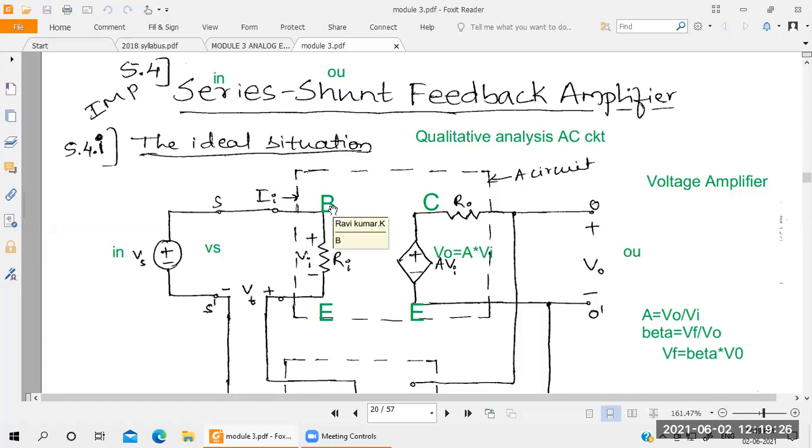Okay, what is the collector here? Output. That's why I drew it on the output side. Then what is the emitter here? It's the ground connection. That's why I drew it at the bottom. Okay, this one is the ground connection. Wherever E is there, that is the emitter part. B for the left side, C for the right side.